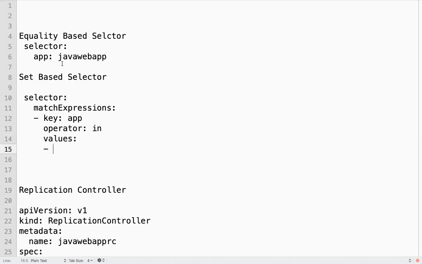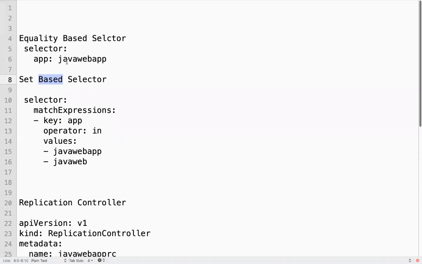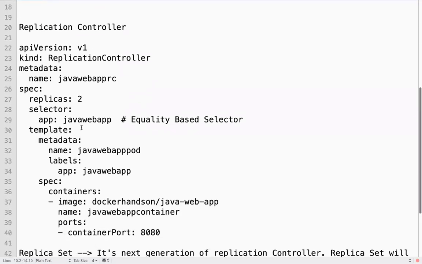You can give multiple values. So the key and value can be either this or this. So it supports set based selectors. That is the only difference: it supports equality as well as set based.